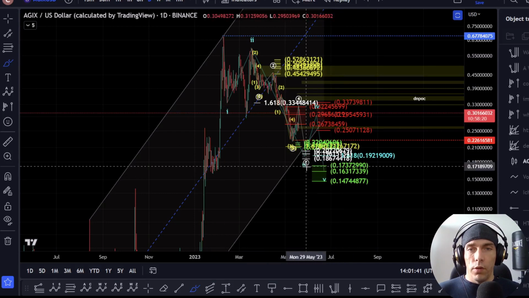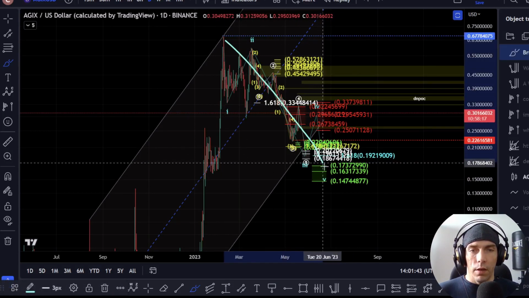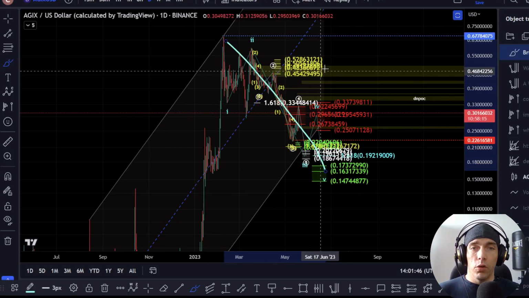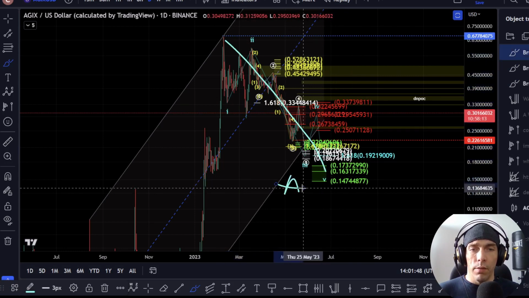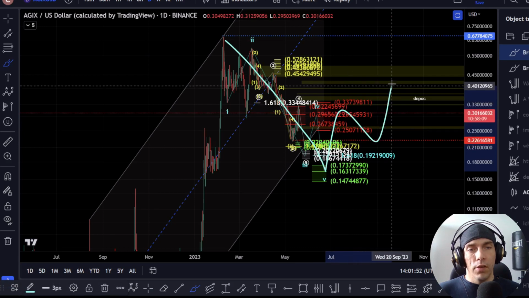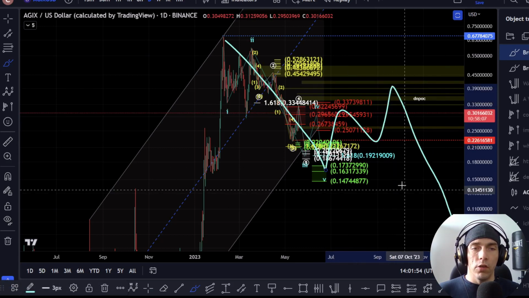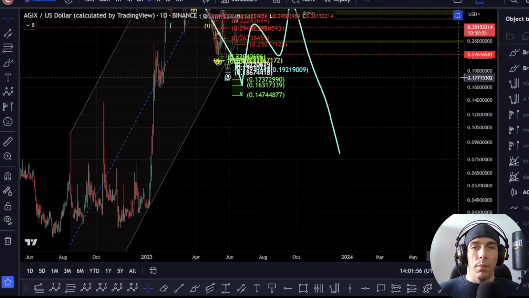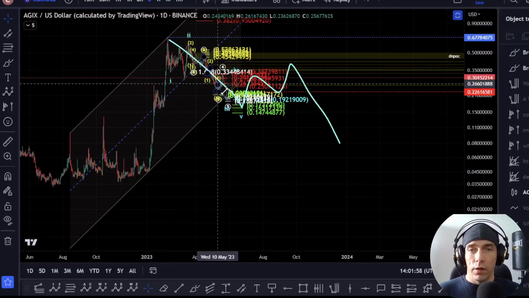Now, if we did get a move down in this manner, this would then give us a 5-wave move off of the high. So this would only be able to either be an A wave or a wave 1. If this is the case, what we'd be looking for then would be that potential of a 3-wave move up and then continuation. Obviously, if this is going to become a bigger 5-wave structure to the downside, this could become